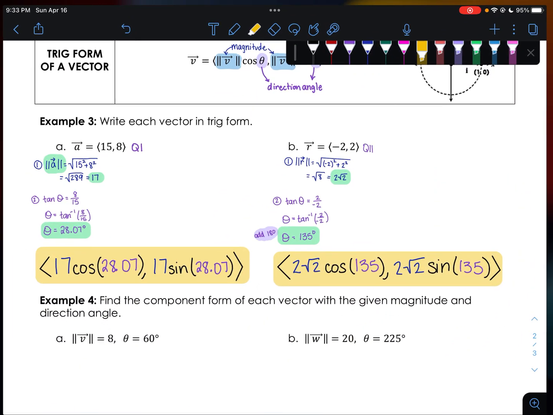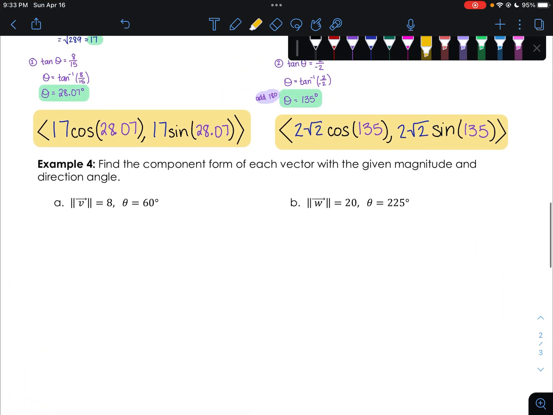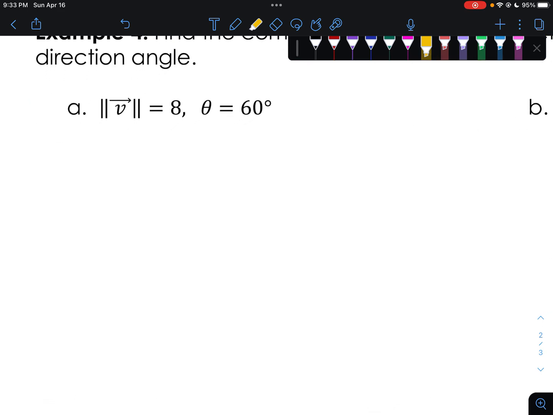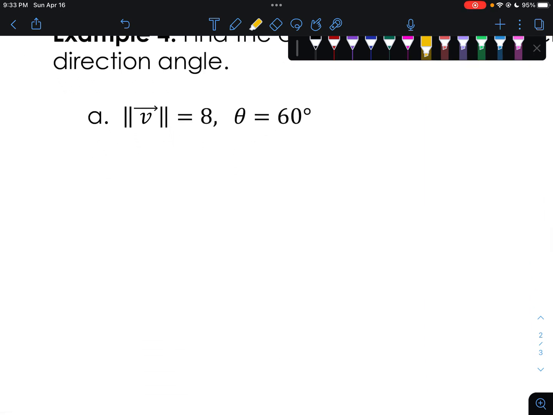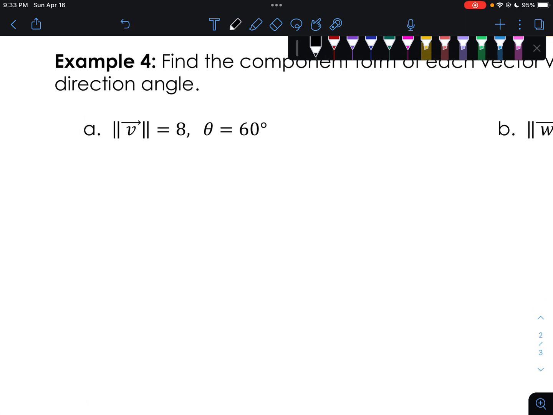Looking at our last example, find the component form of each vector with the given magnitude and direction angle. So this time, we're given the magnitude, we're given the direction angle, and now we have to find the component form. So now we will be evaluating. I'm going to write it in the trig form. So this is my magnitude. This is my direction angle. And so what we get is